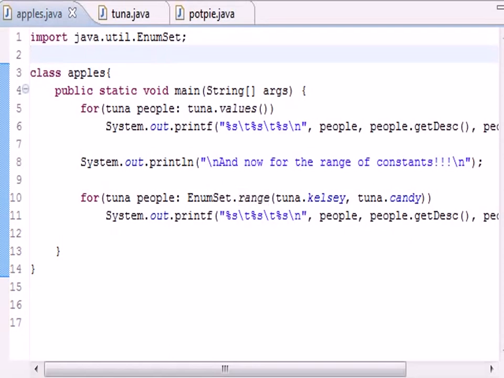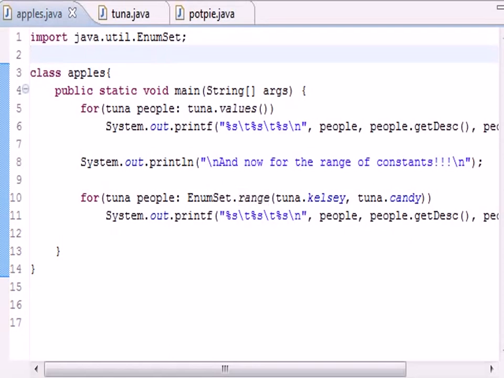It's going to take 2 parameters. The first one is what you want to name your things. I'm just going to name them people, what you want to name your objects. Now the second one is that method. Now we could just plug a regular array in here, but we want to have a range of the array. We want it to start at, let's say, Kelsey, and we want it to end at Candy. So, I mean, we can start and end anywhere. Whenever, like I said before, Java automatically gives you an array of constants in the order that you did them in. But in order to get just a specific set out of there, or range, what you need to do is this: